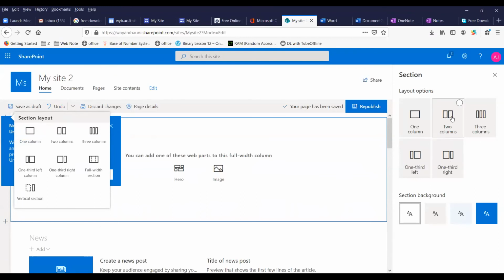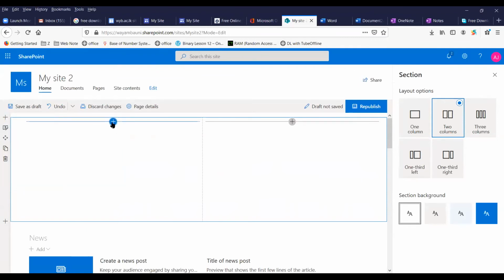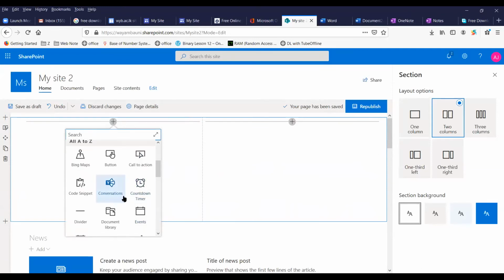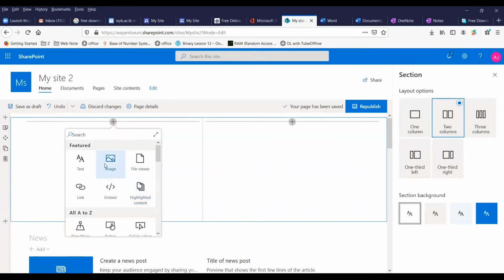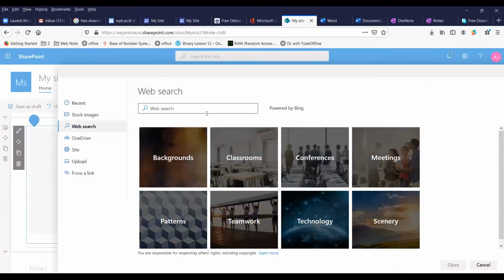A two-column section, if I want, I can click and add it. Again, this plus sign is there to add something. I can add an image, text, file, viewer. Those are the options it has. So if I select image, I would search.